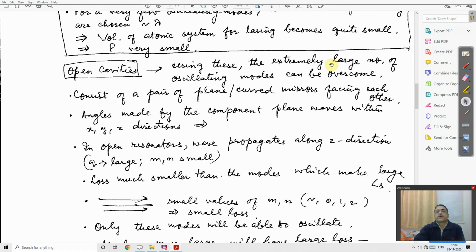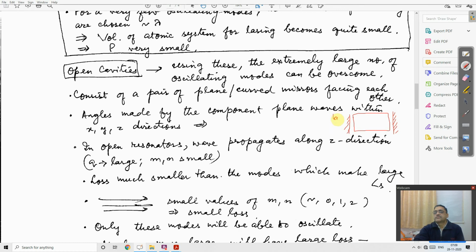What about the open cavities? Using these, the extremely large number of oscillating modes can be overcome. This consists of a pair of plane or curved mirrors facing each other like this. This is the active material and these are the mirrors. One mirror is 100% reflecting,